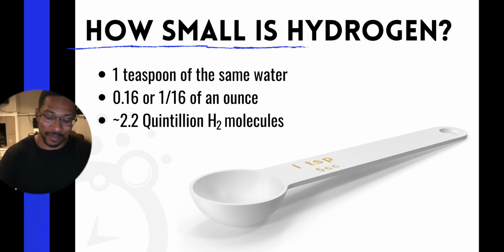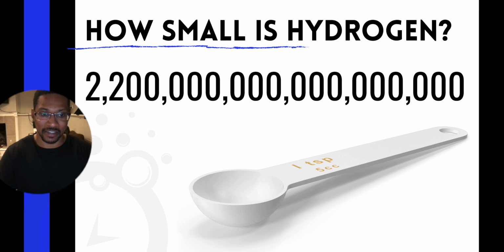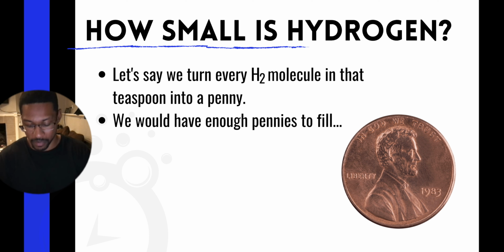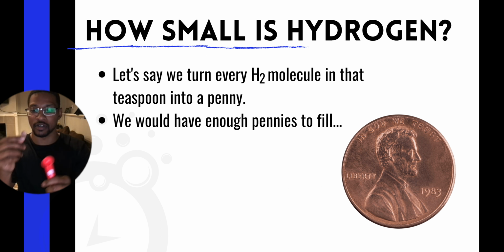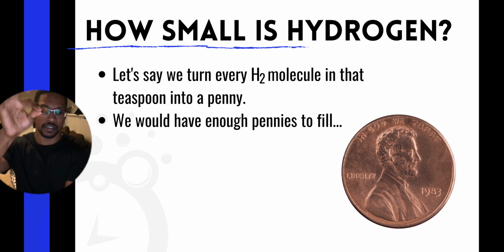That's a big number still. It's 2.2 followed by 17 zeros. So how are we going to wrap our heads around a number like that, right? So let me go ahead and show you how we're going to do that. We're going to do that by turning every H2 molecule from this teaspoon into pennies, right? A penny's pretty small, it's a pretty small object. But 2.2 quintillion pennies, we would have enough pennies to fill